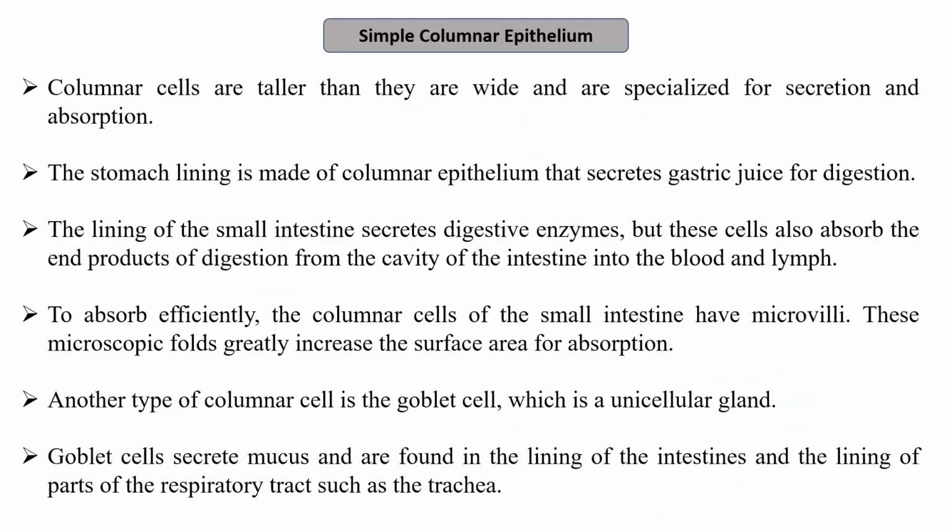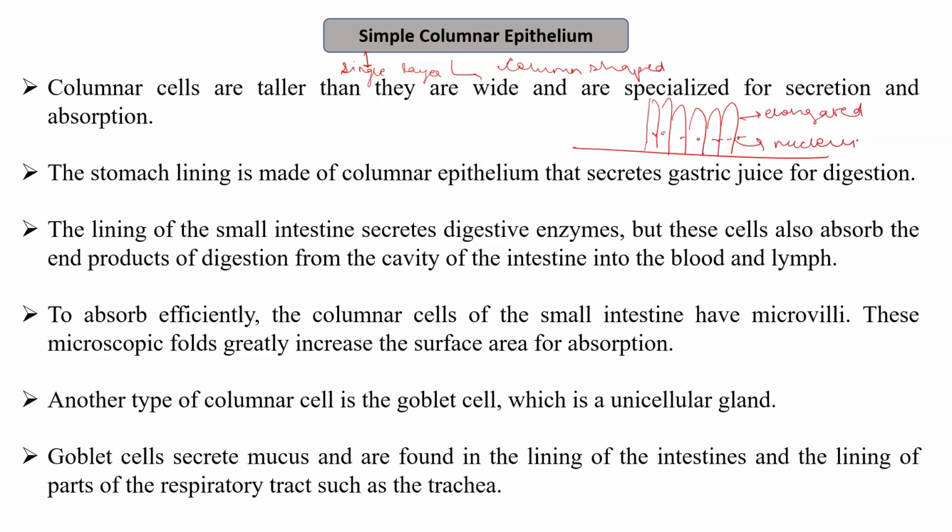Then we have the simple columnar epithelium. As the name suggests, simple means single layer and columnar means column shaped. So what will be the shape of these types of cells? It will be simple, which is the single layer, and column shaped. That is, elongated cells, in which the nucleus is usually present in the lower portion. So columnar cells are taller, as I mentioned, than they are wide, and are specialized for secretion and